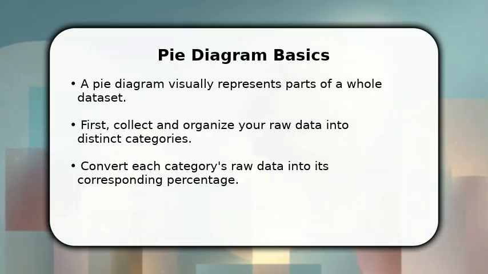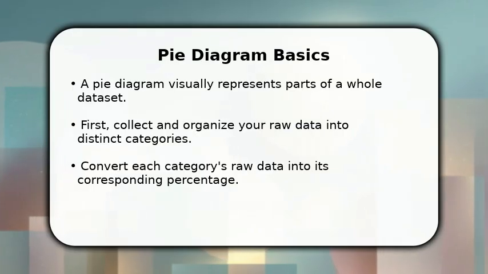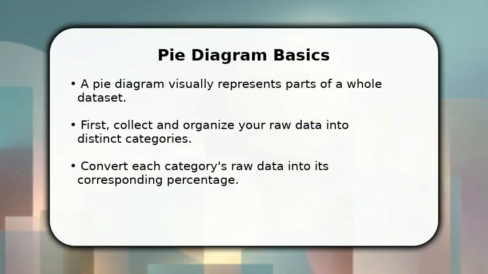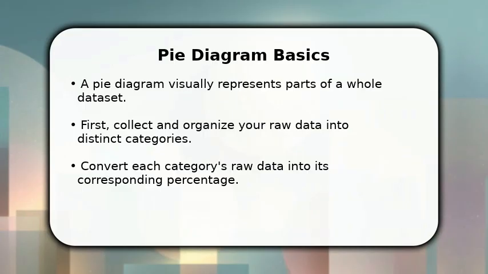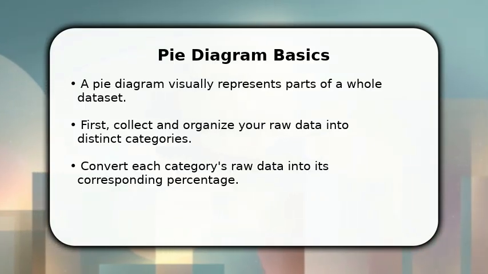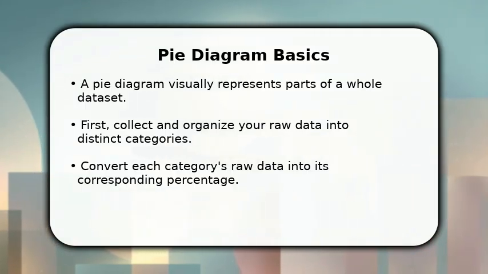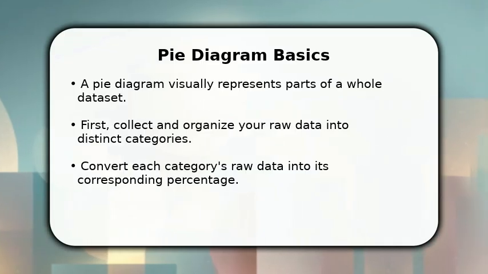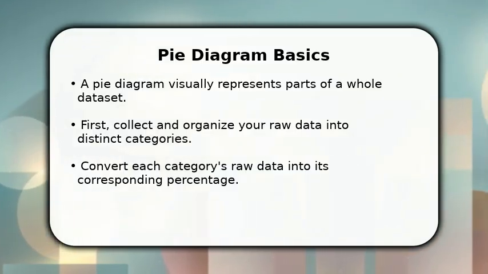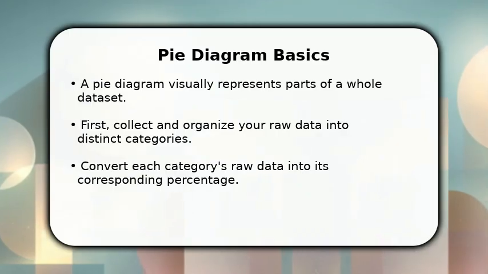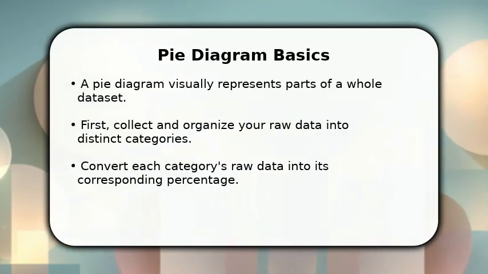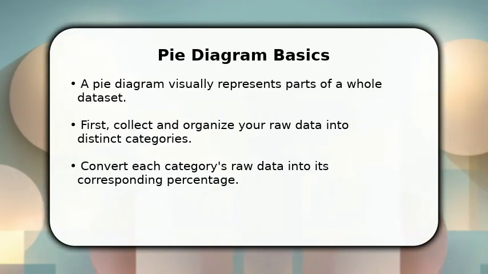In this video, I will explain how to make a pie diagram. We'll start by understanding its purpose, to show how different parts contribute to a total. First, gather your raw data and sort it into clear categories. Then, convert these raw figures into percentages. This crucial step ensures each segment accurately reflects its proportion of the whole, setting the foundation for a clear visual